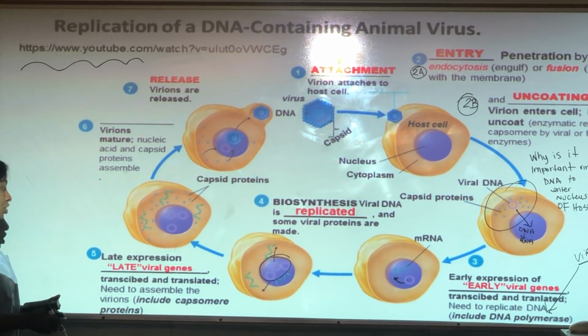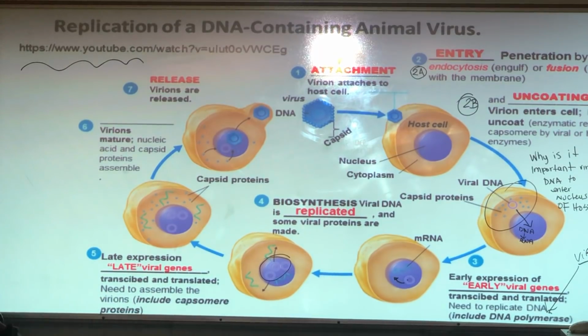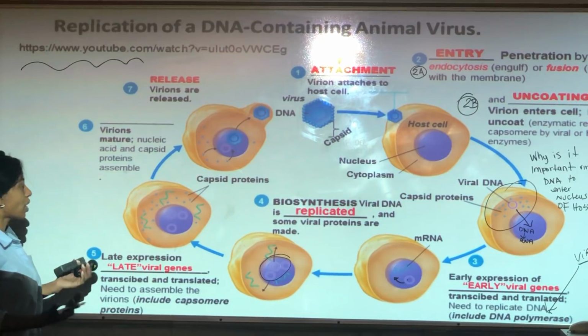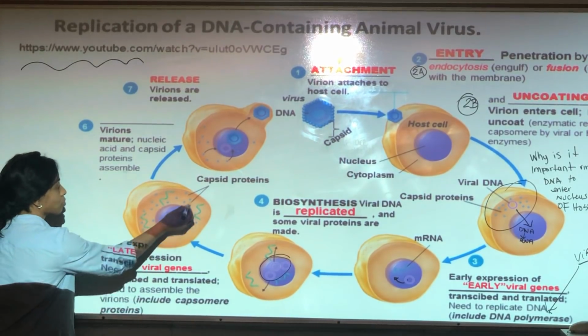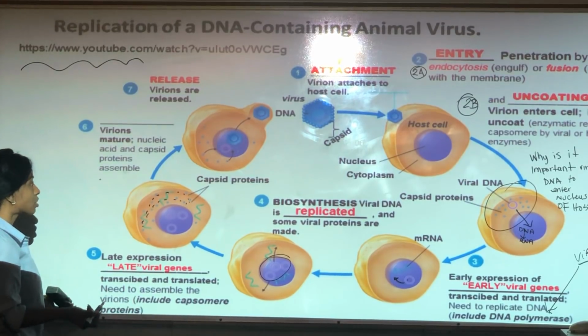And the expression of the late genes includes the genes that are responsible for making the capsomere proteins. So this now allows the virus to assemble itself so that way it can exit. Right? So here are the capsid proteins. All the capsid proteins are made here. And these capsid proteins,